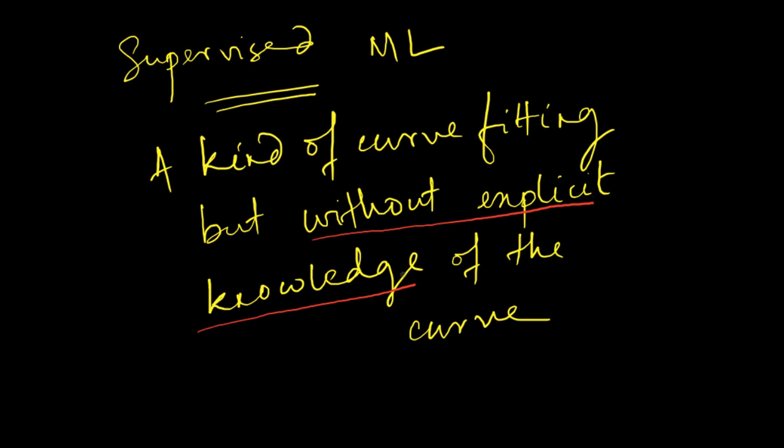Now, of course, you may ask, after all, we are using a computer algorithm where everything is written down explicitly. The computer is not really thinking on its own. It is just doing what the programmer has asked it to do. So in some sense, we do know what all the steps are, but the sheer complexity of the program is so much that we do not really fully understand what it is that the algorithm is doing. So as I said, there is a whole gradation of our knowledge, or you can say ignorance, of what the curve is that the algorithm is trying to fit the data to.